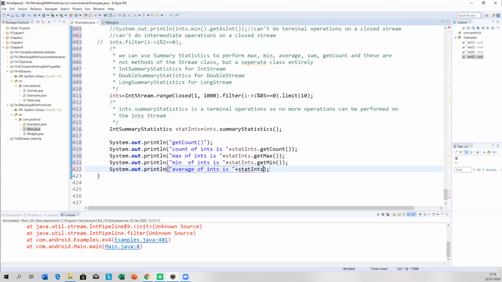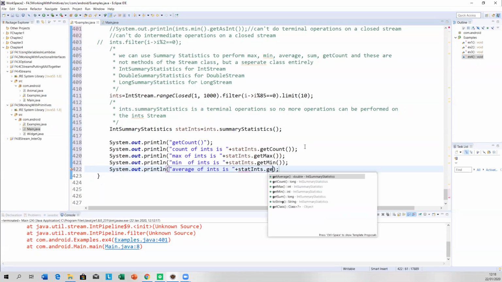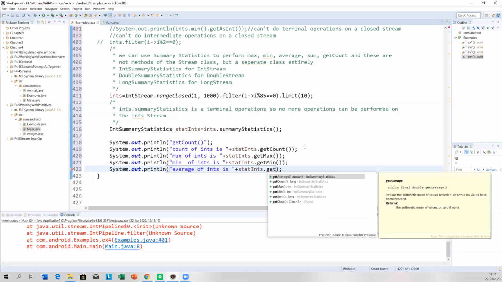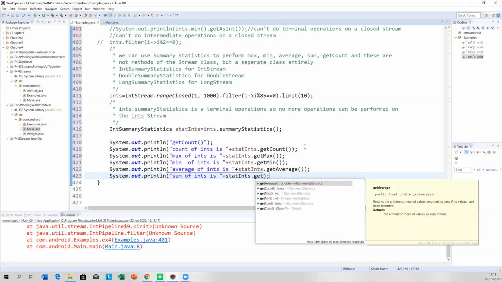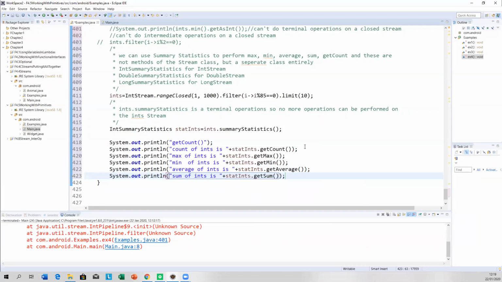Stat int dot get average. Next one is sum. And the last one then is